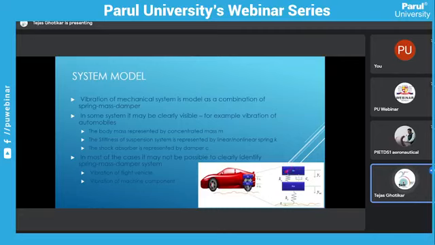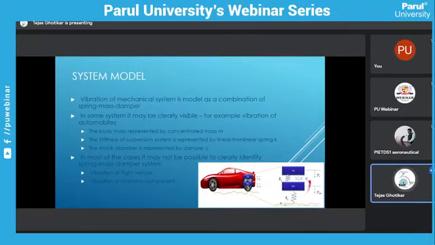This is the mass of the car. Here we have the spring and damping of the suspension. Then here is another mass, that is for the wheel and wheel drive, and at the last we have the spring, that is the stiffness of the tire. Okay, so this way we can figure out the system model for our car. And the same type of